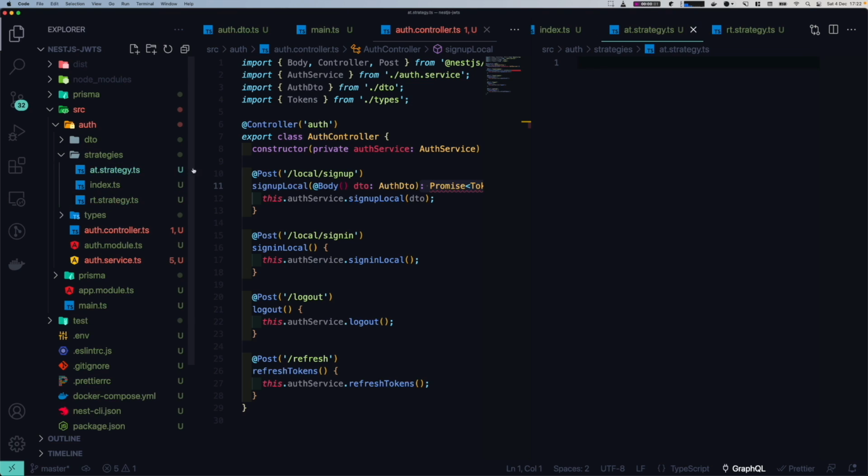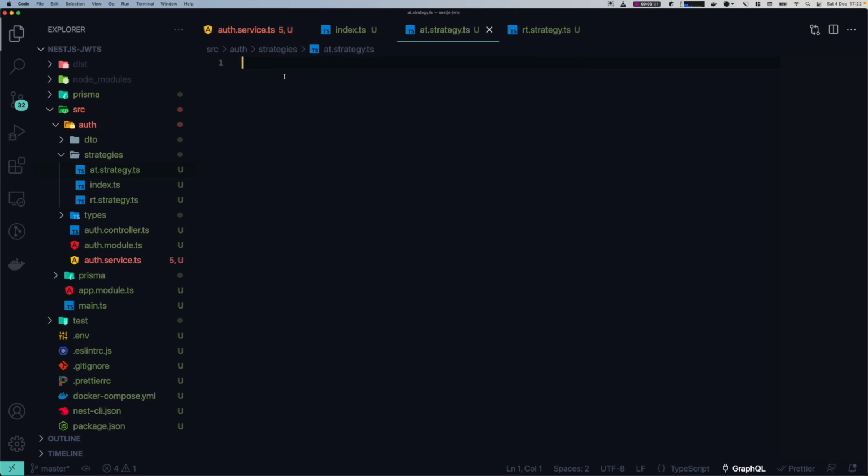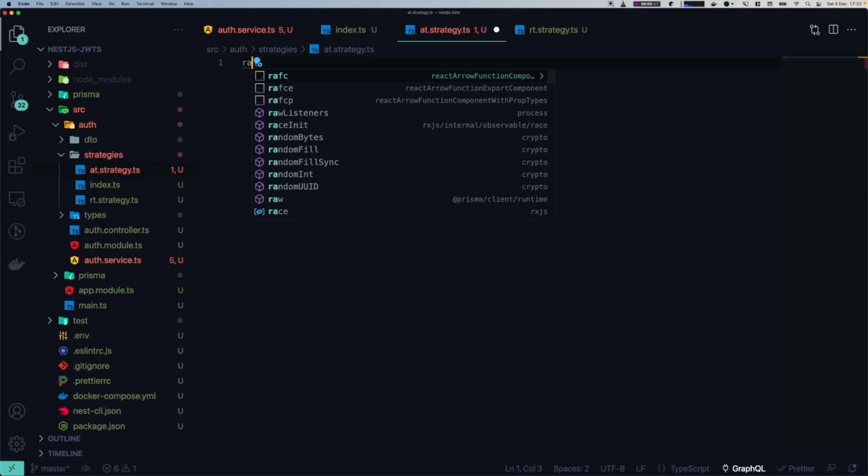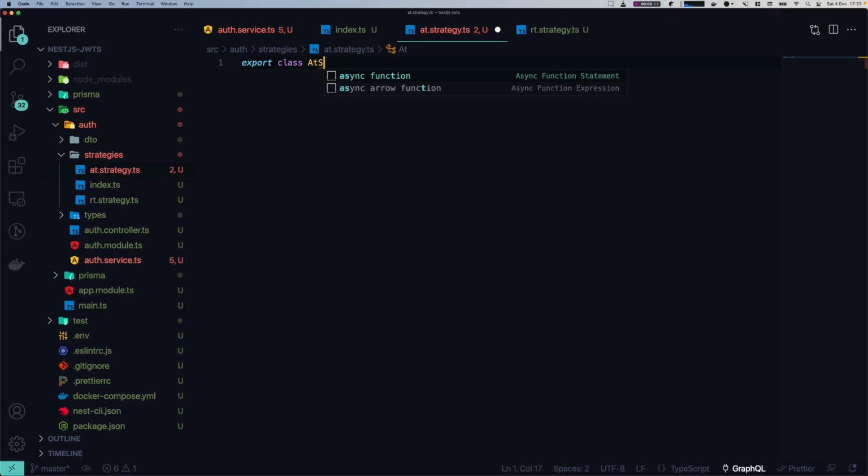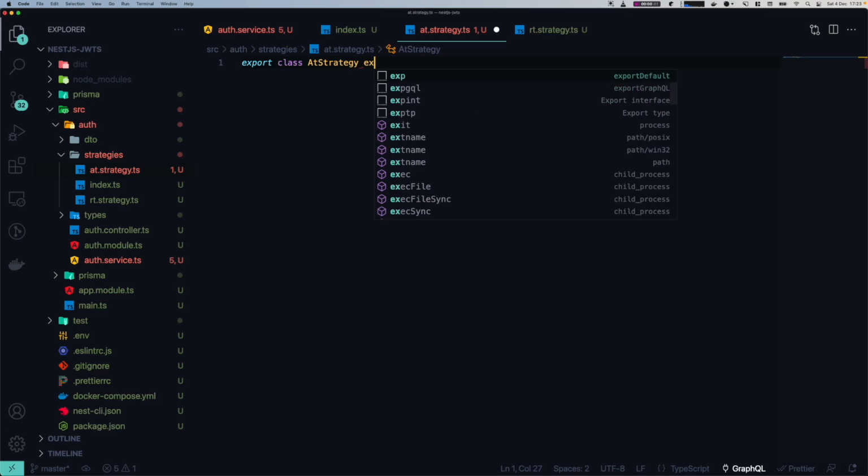And the AT strategy, let's close that and focus on that. AT strategy, with export class AT JWT access token strategy. The naming always is like super bad. Extends